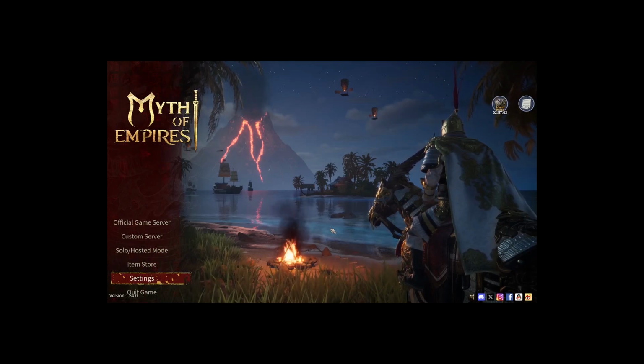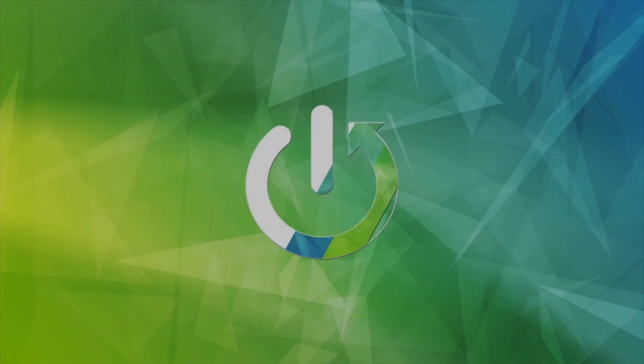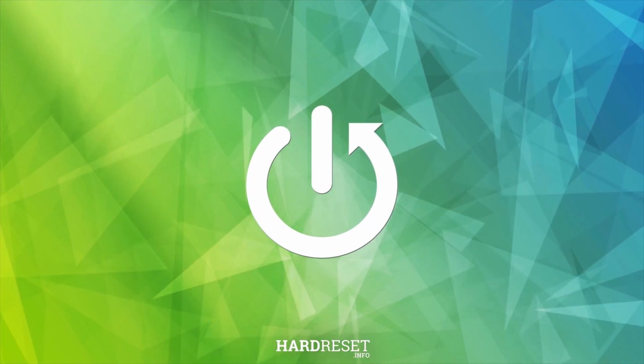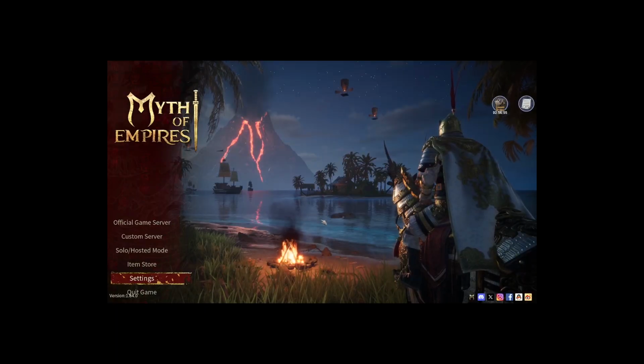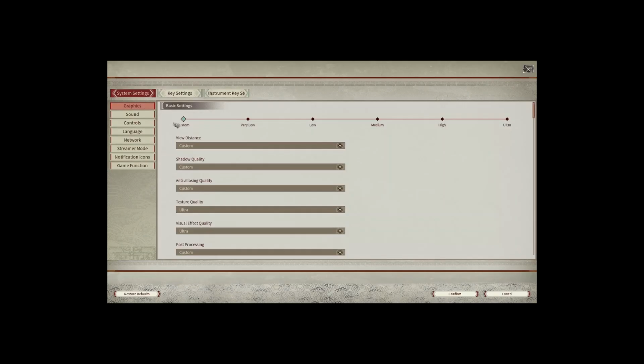Hello, today I would like to show you how to change special effects settings in Myth of Empires. To access those settings, we need to go to settings and then we'll be automatically put into the graphics section. In the graphics section we'll need to go quite a bit down, so it's better to use the